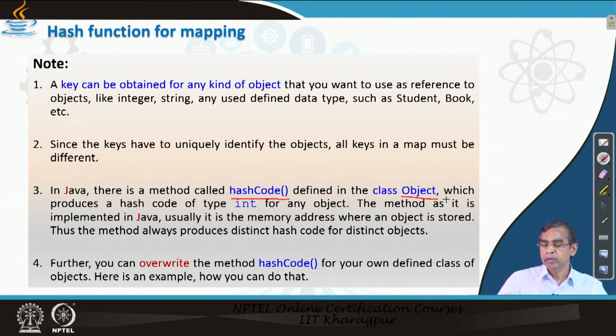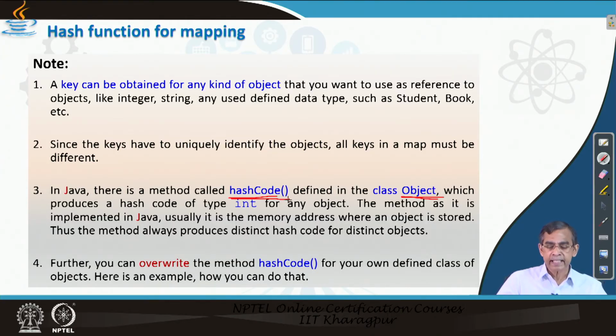So all objects that you define by any class declaration, like student, person, employee, whatever it is, are child classes of Object. Hash code is the default method defined in Object, and as any object is a child class of Object, by virtue of inheritance this hash code method is also available to it.